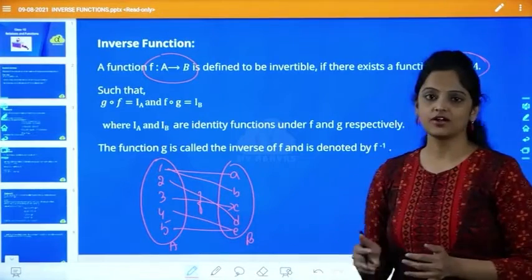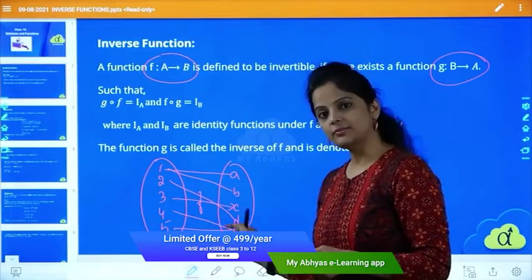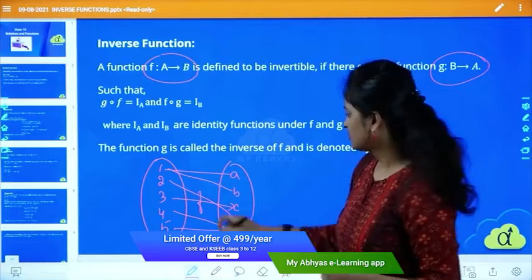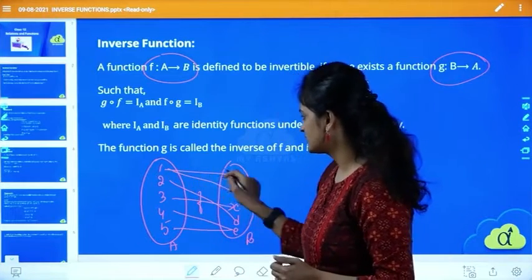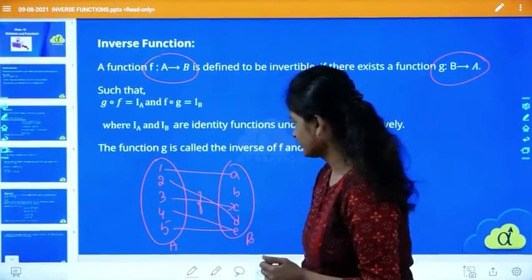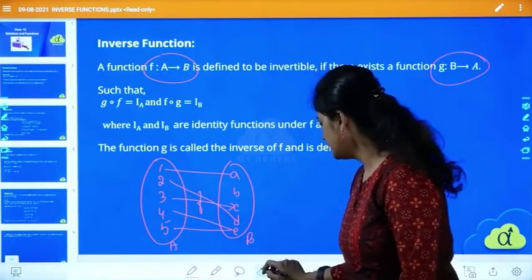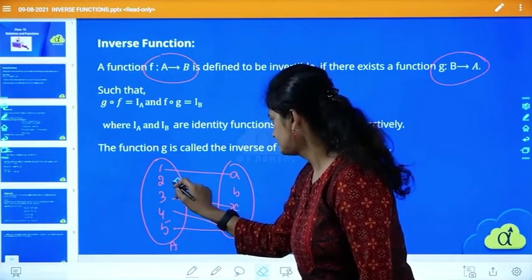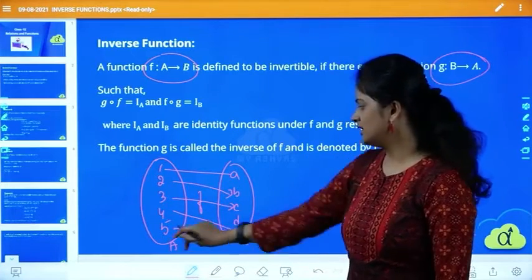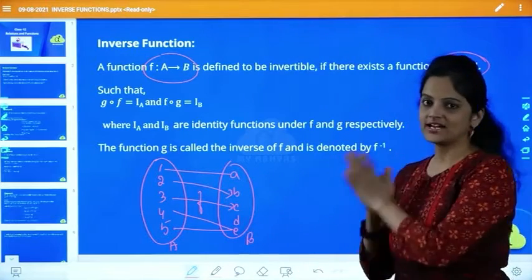Now see, in a function we have discussed two conditions. One is all the elements of set A have to be mapped. The second condition is there should not be a double mapping from that side. So, see, this is not a function: 1 is related to A, 1 is related to B. This is wrong, what I have taken. So take this off. One element should go to one element. 1 is related to A, 2 is related to B. I'll make it simple. 3 is related to C, 4 is related to E, and 5 is also related to E. So this is a function, according to the definition it satisfies.